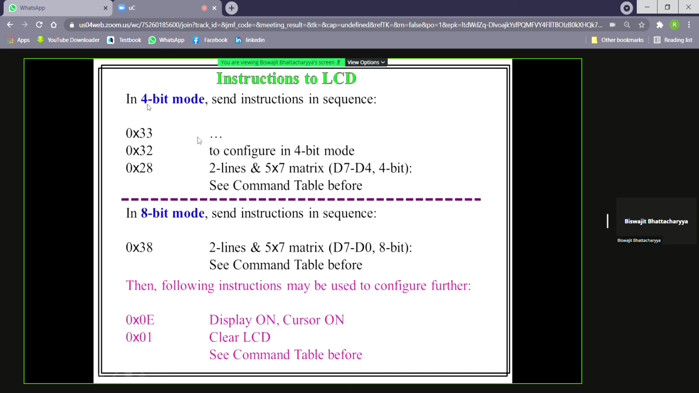So if we send 33x, 32x, 28x, LCD will be configured in 4-bit mode. It will be 2 lines and 5x7, D7 to D4. So it is the command table, we have already got it earlier. In 8-bit mode, if you want to configure LCD in 8-bit mode, just send 38 hex. 2 lines of display, that will be there. Then after it is configured, we'll send the following instructions to configure further: 0EX, display on, cursor on; 01X, this